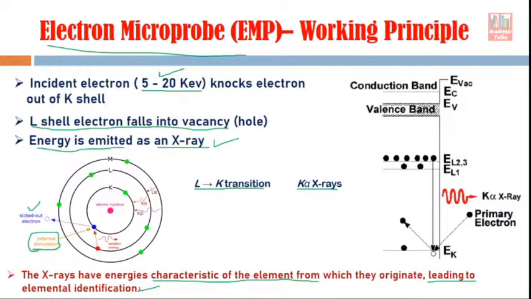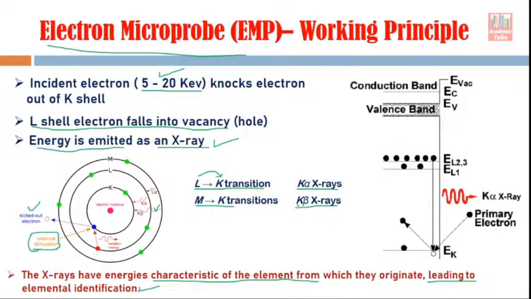So K is the lower level. So from this higher level to this lower level transition has occurred. So that's why this transition is known as K, but it's named as alpha also, like K alpha X-rays. Similarly, the transition may occur from M level to K level, so it is shown here. This is M level, the outer level, and the innermost orbit here is K level. So if the transition occurs from this M to K, that kind of transition also involves emission of X-rays, and those X-rays are known as K beta X-rays.